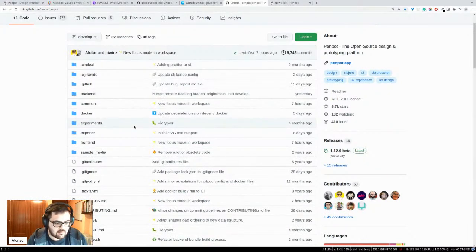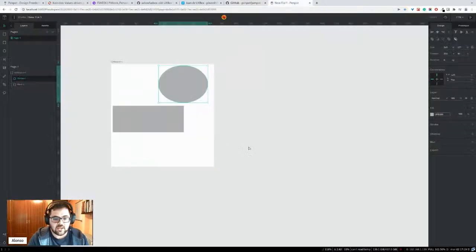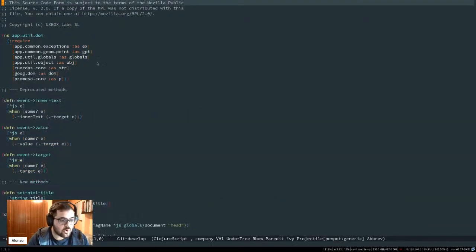Clojure is defined as a guest language that usually runs over another runtime. For example, in the front end, we use Clojure with the ClojureScript implementation. So at the end of the day, we are running JavaScript code, and this also allows us to access